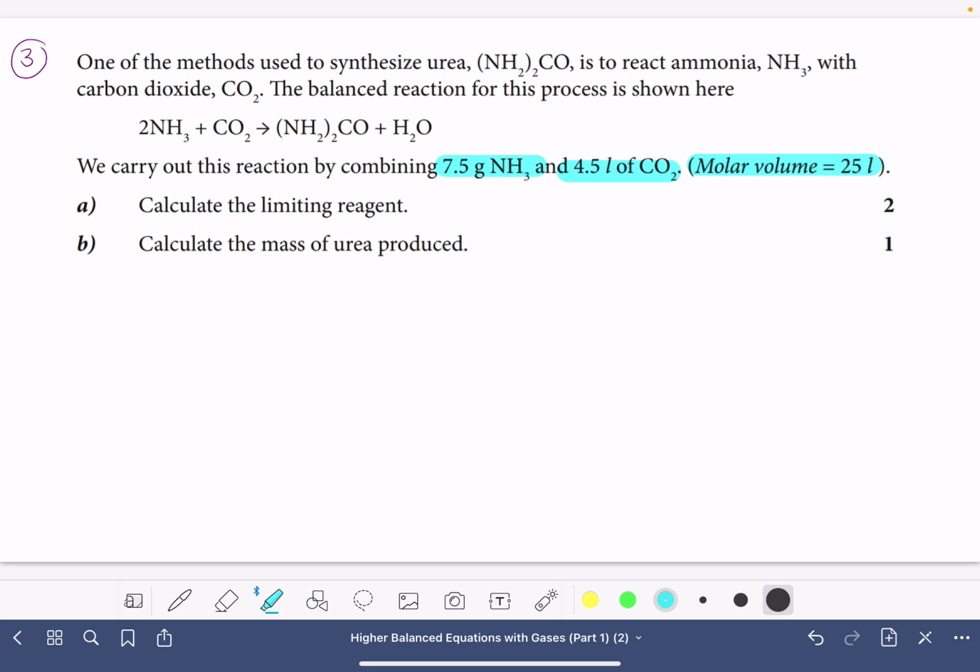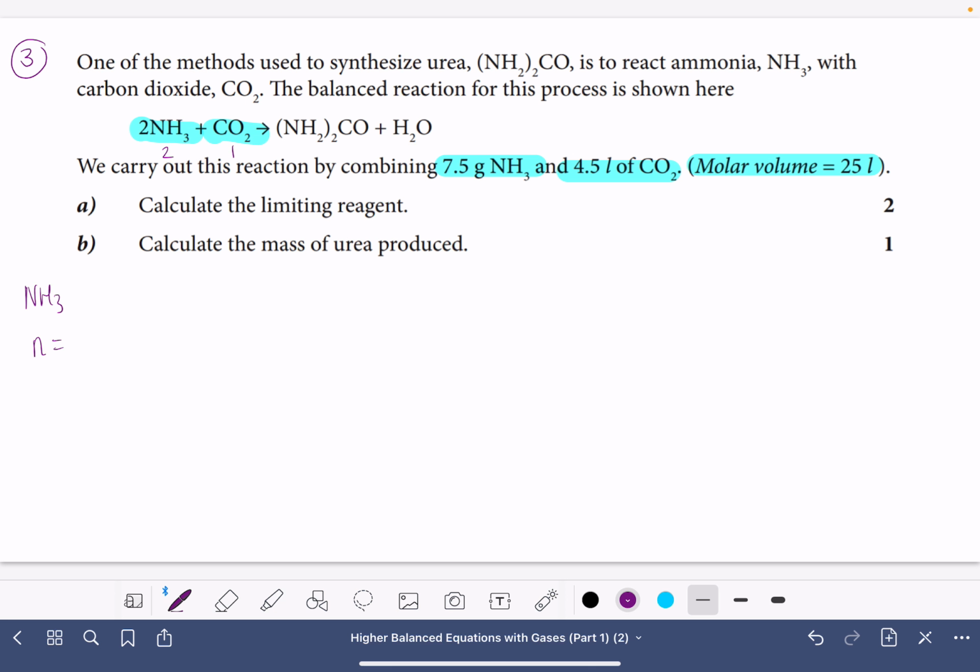Calculate the limiting reagent. So the first step of this, I need to look at the ammonia and the carbon dioxide. I need to look at the ratio of the reactants to work out which is in excess. So the mole ratio of the reactants is 2 to 1. Let's work out how many moles of each I actually have. So for the ammonia,